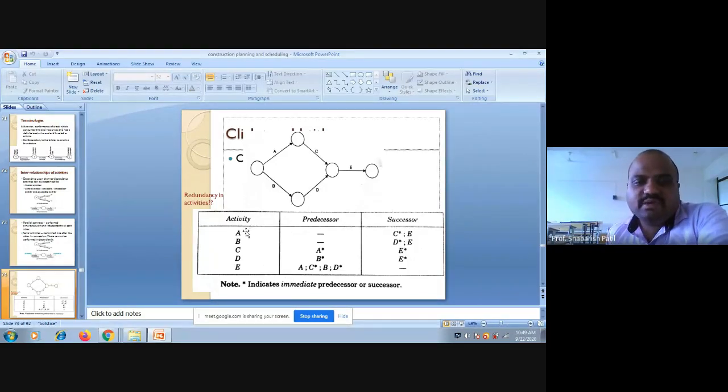It is quite simple when you have only 5 activities. Think of when you have 20 or 25 activities. Again, I am giving you a very simple number; otherwise your number of activities in a project could be 1000 or something else. In that case it becomes very difficult to understand the interdependencies. So we need to understand it only through immediate predecessor or immediate successor.